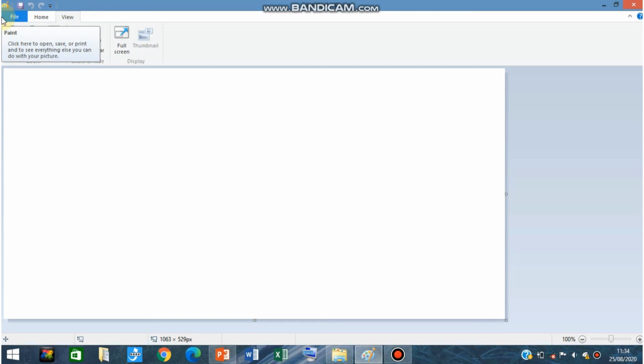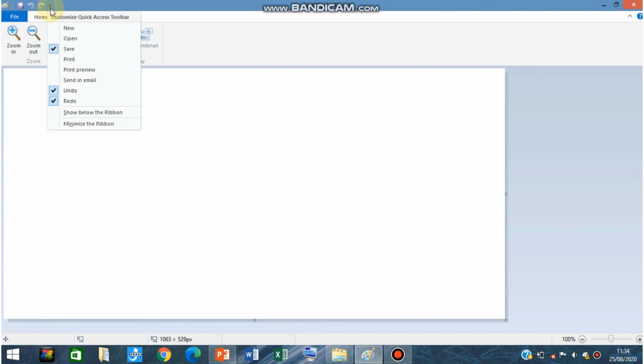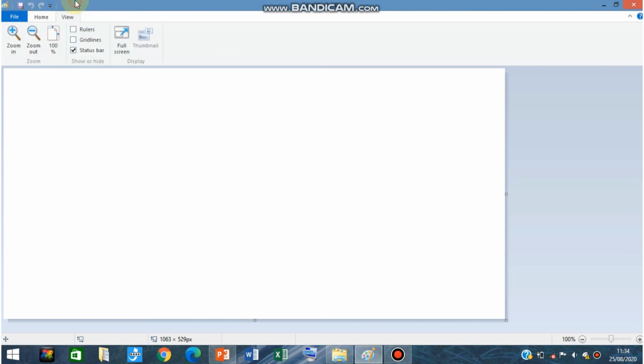You don't have to search for it again and again. You can also add your options to this quick access toolbar. You can delete it by clicking on this drop down arrow which is present at the end of this quick access toolbar. When you click on the drop down arrow, you can see that whichever option you want, you can select it and add it to your quick access toolbar.